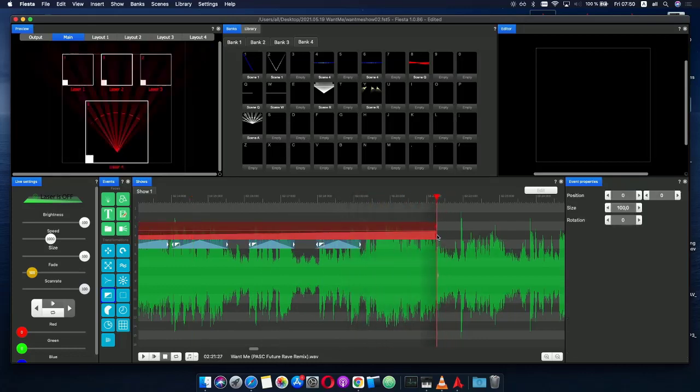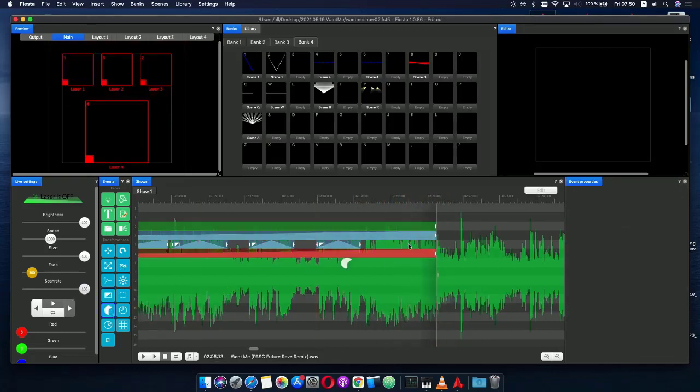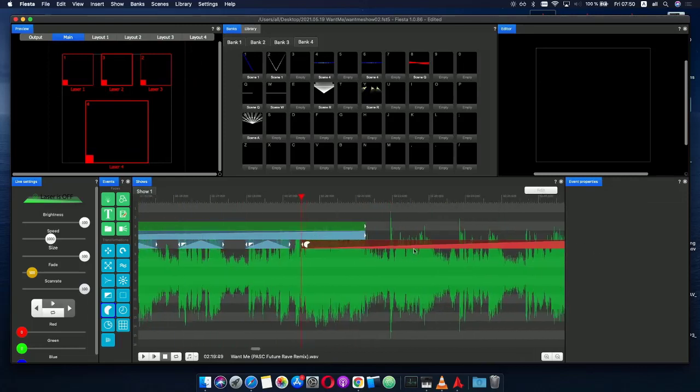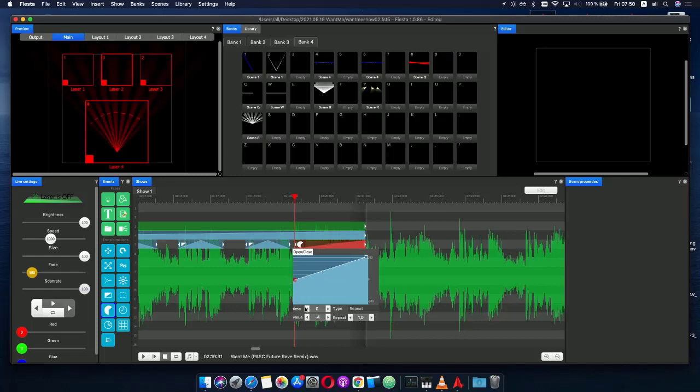And if you notice what's great about Fiesta, you can use copy paste everywhere. So I can copy paste the events, I can copy paste the points in the color changer. So the colors can be copied quite well, quite fast. Okay, and then we can use open close